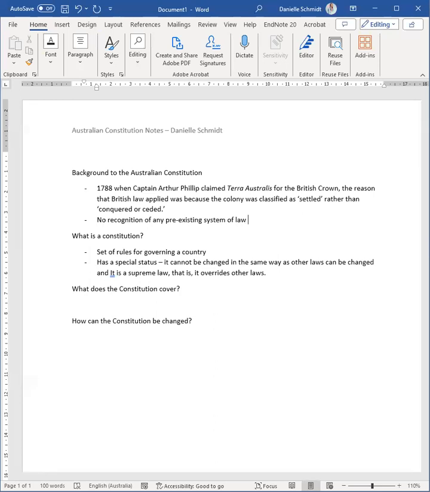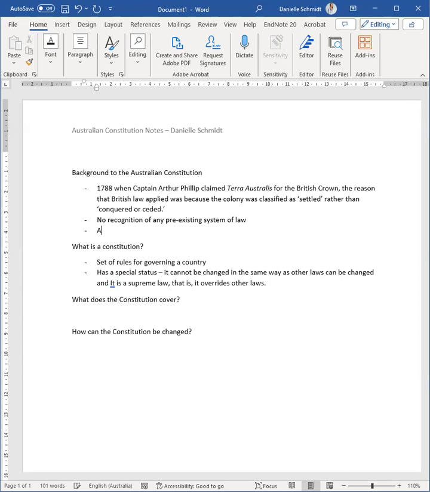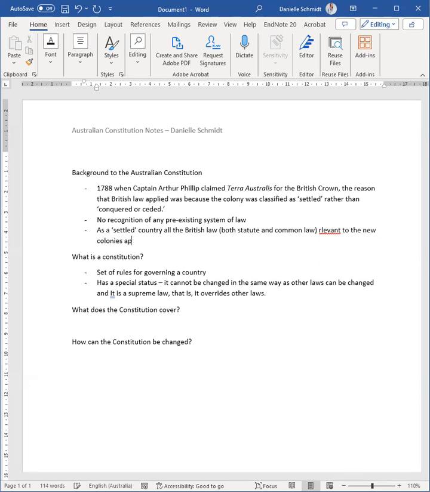This is not to say that the Aborigines did not have a system of law, rather that the Europeans failed to recognise and understand the complex system of law which governed the relationship between and within groups and ruled the vital relationships between the people and the land. So as a settled country, all the British law, both statute and common law, relevant to the new colonies applied. So we're going to take note of that as well, because that's important when we're looking at our